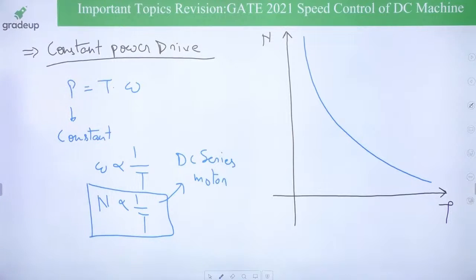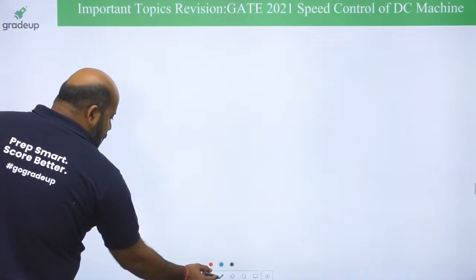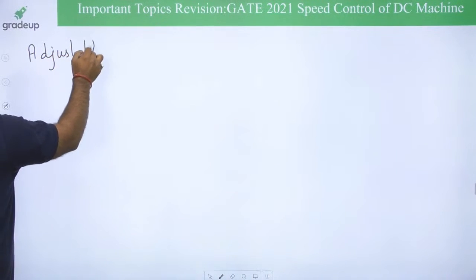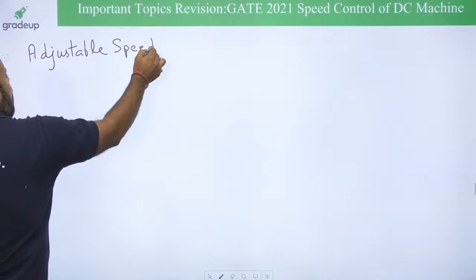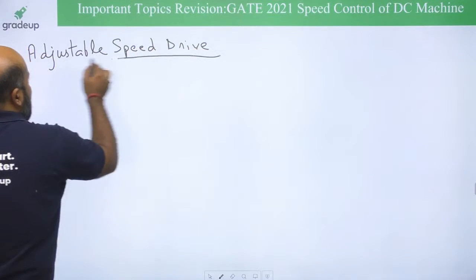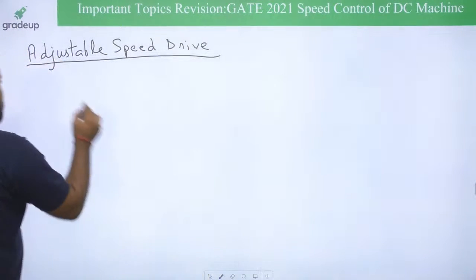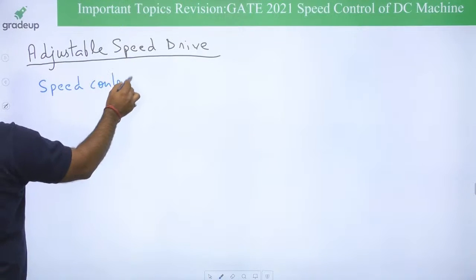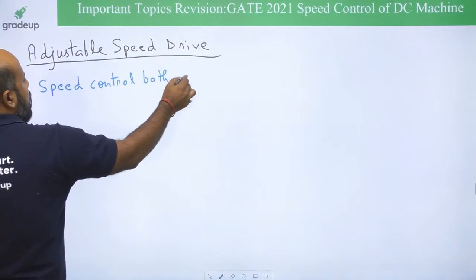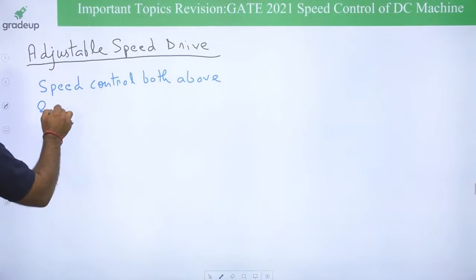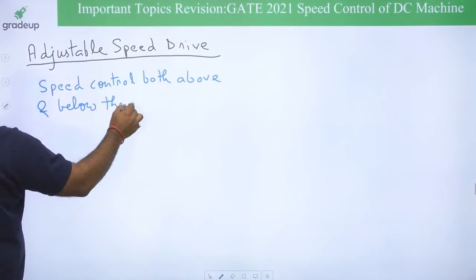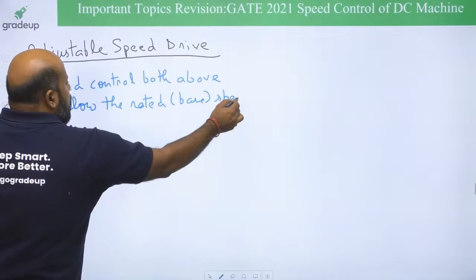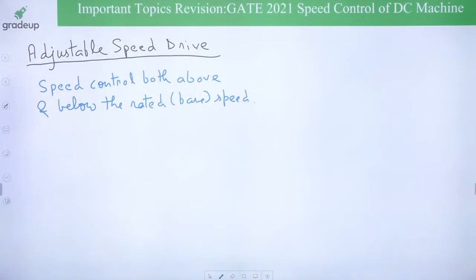Now let us see the adjustable speed drive. When you talk about the adjustable speed drive, you want to control the speed, control both above and below the rated or base speed. You must be knowing that the rated speed we are generally calling as the base speed,